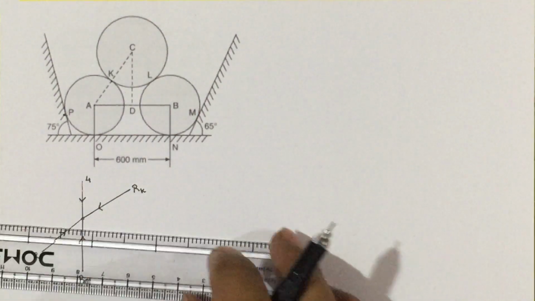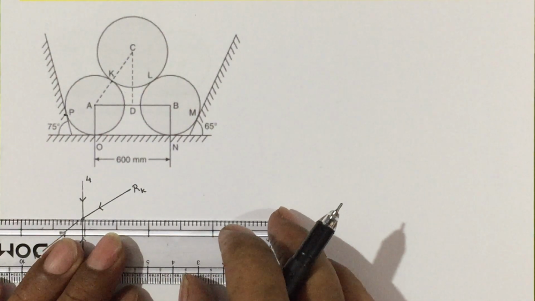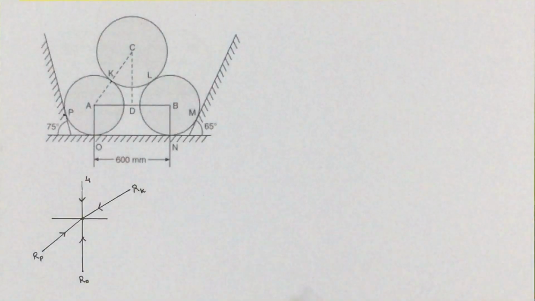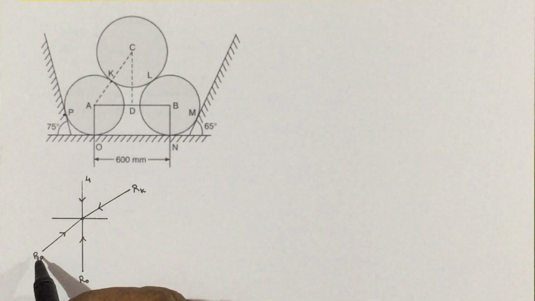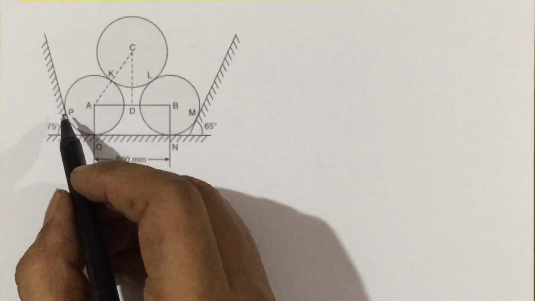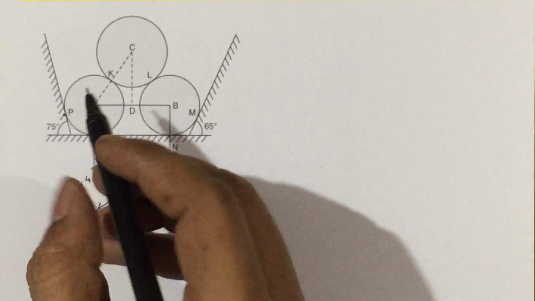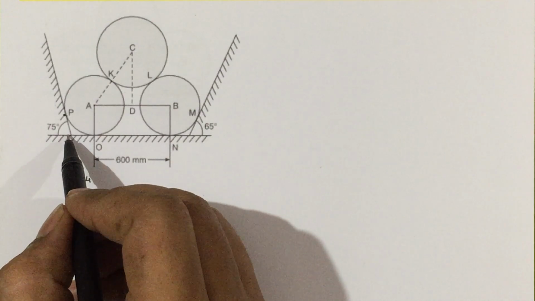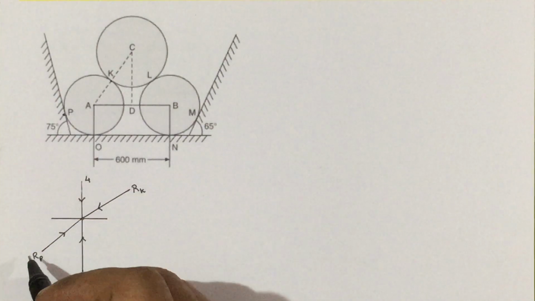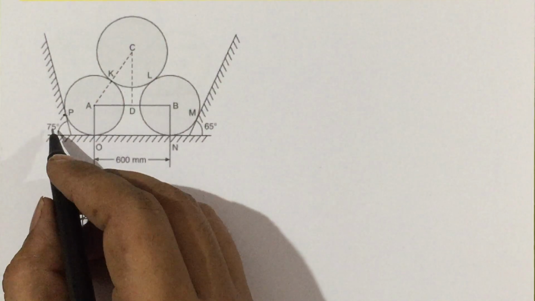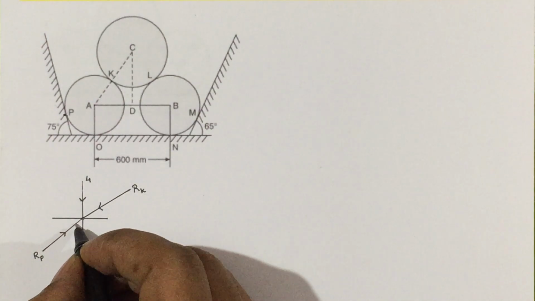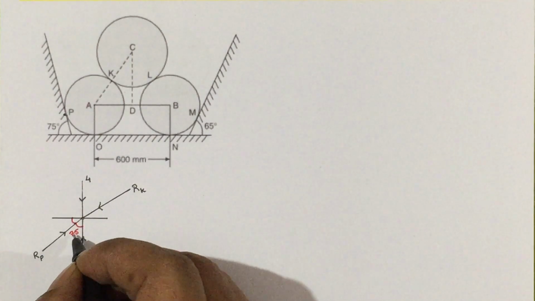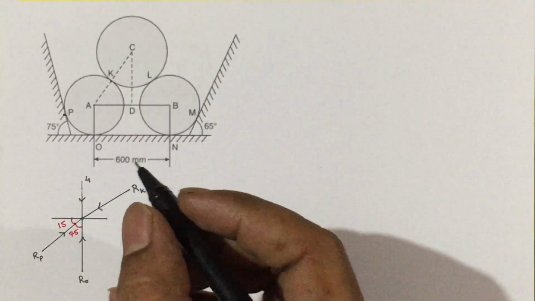Then we need angles. For that, draw a plus mark at the point A. RP, nothing but this line is perpendicular to this inclined plane. So, this plane is inclined at 75 degree with respect to horizontal, then the perpendicular line, that is RP, will incline at same 75 degree but with respect to vertical. If it is 75, therefore remaining thing is 90 minus 75, that is 15.